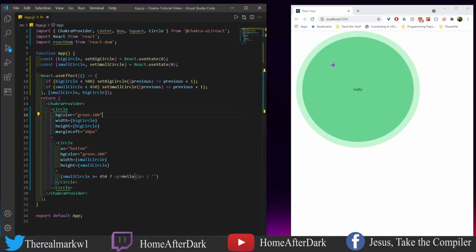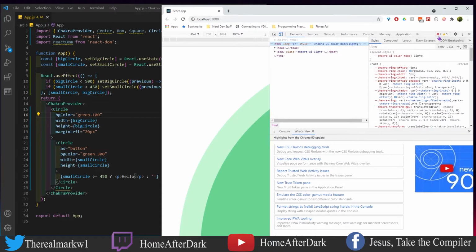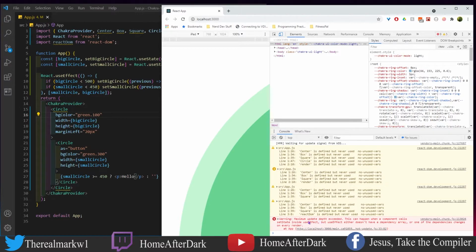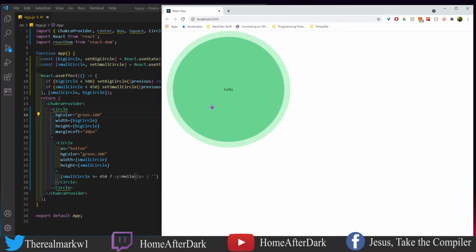And we see here that it rendered twice at the beginning there. That's because I think the values are resetting every time it goes through this useEffect here. And like I said, this isn't the most proper way to do it. If we look in here, we will see that it's screaming at us that the maximum depth is exceeded. Like I said, you do want to use animations for these, but I think that's just fine for a brief